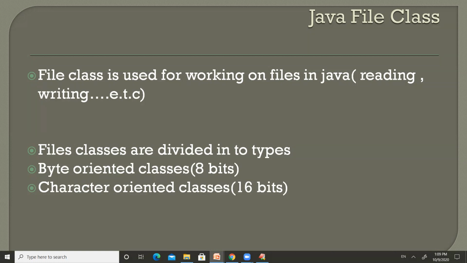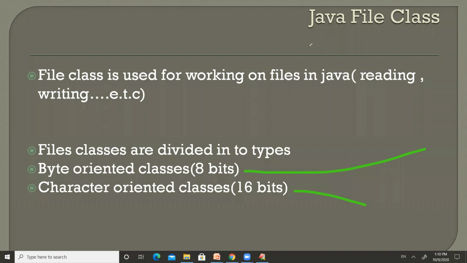They are divided into byte oriented and character oriented classes. If the reading of data from the file is byte by byte, then it is called byte oriented classes. If the reading of the data from the file is character by character, then it is called character oriented classes.